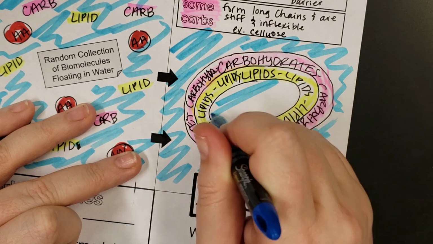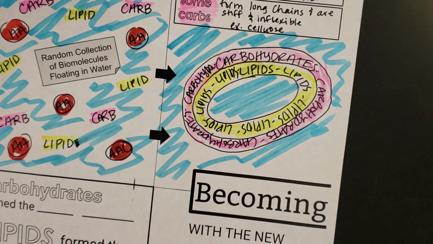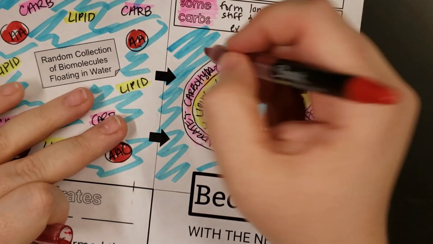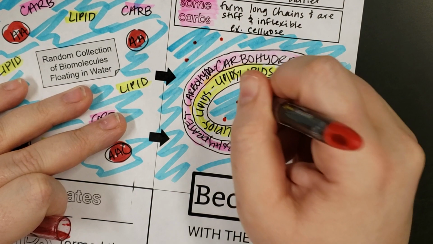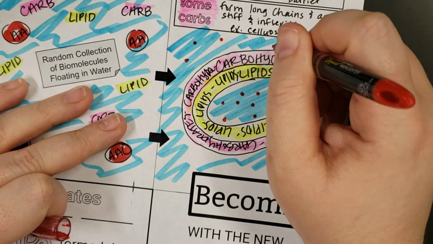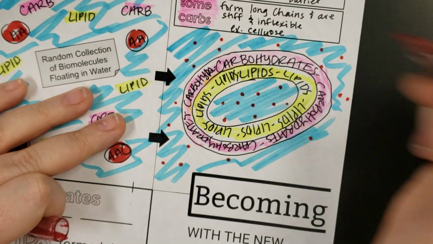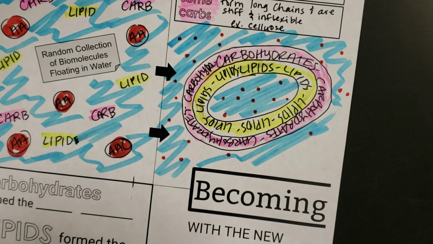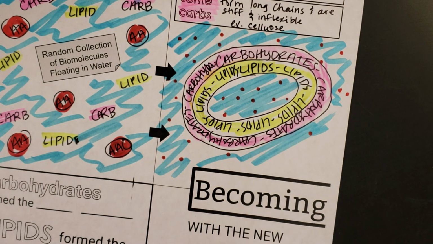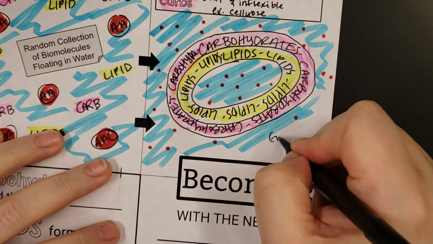So we're going to draw our water inside and outside, because these barriers formed around water, like a water balloon almost. And then we're going to add back some of our amino acids, because some of them got trapped inside and some of them are still outside. I'm just going to put dots for the amino acids with my red. Okay. All right. So here we have a good start,